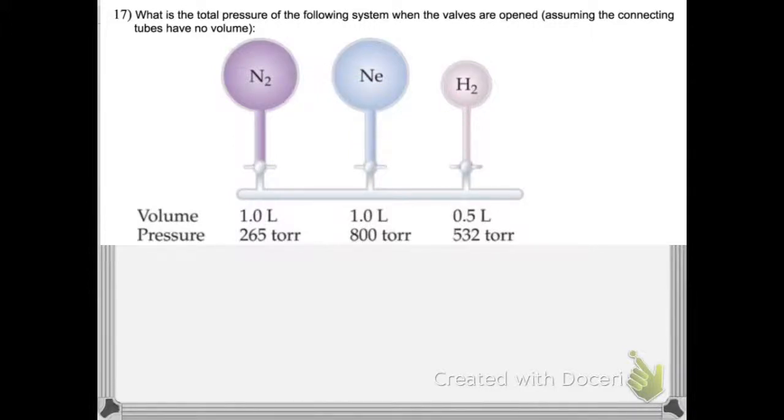So the first thing you're going to do is this is going to be three numbers added up to find the total pressure because we have three parts of the system, and we're going to multiply our volume and our pressure by the total volume of the system. So the first thing we want to find is the total volume of the system. We're going to start by adding each volume of each individual part of the system. So we have total